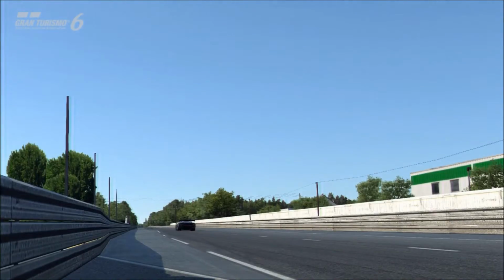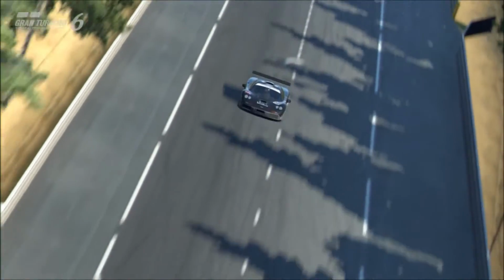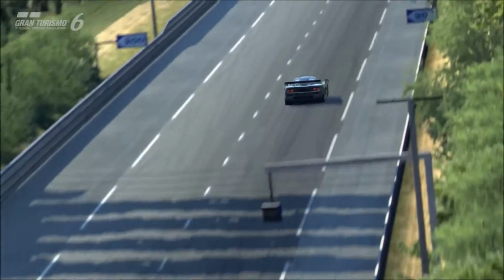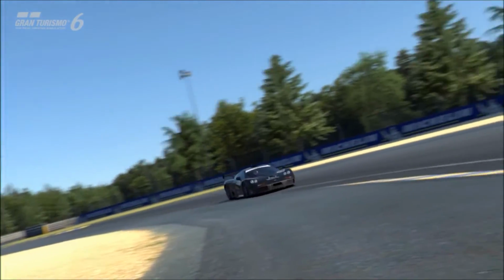867 horsepower per tonne. Not the highest in the class, but very high nonetheless. The PP is also very high, not surprising really, 674, which, given how strong an all-rounder the McLaren F1 is, that's actually not too bad. There are quite a few other GTs which are even higher than that, which would have a very tough time